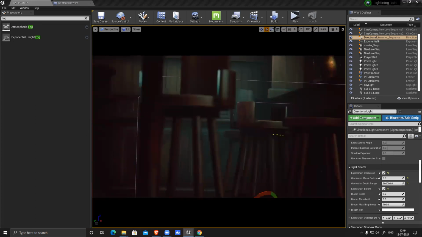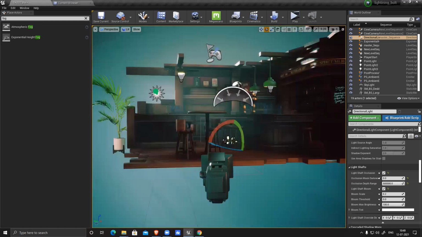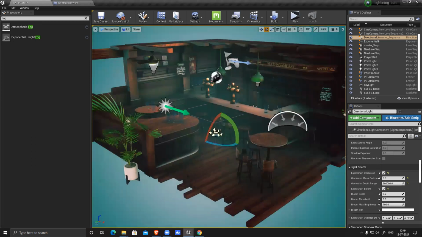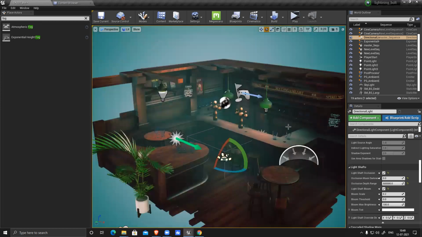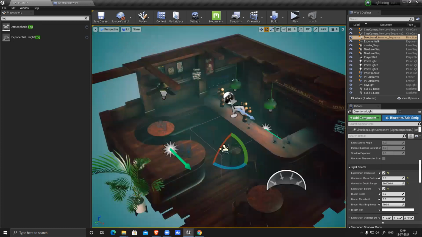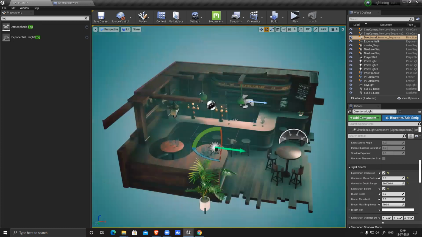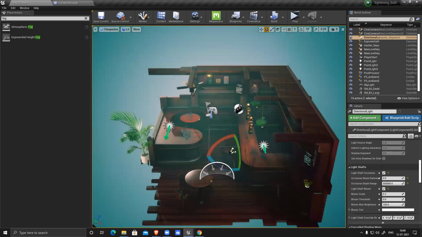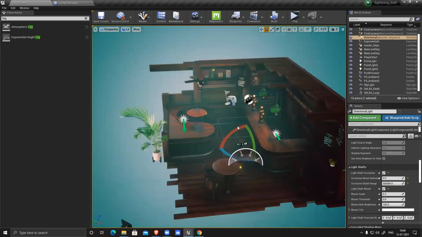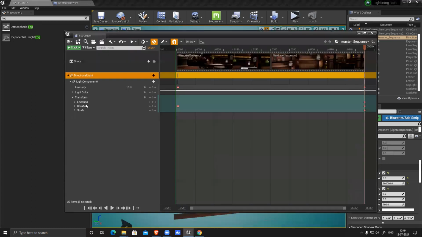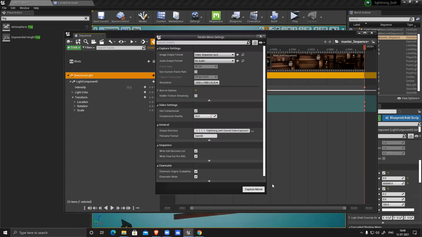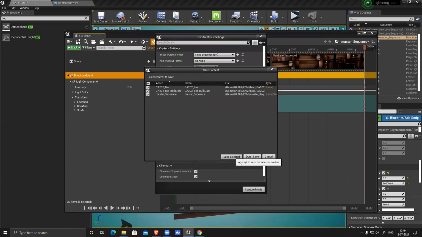Like this, I can modify things and add whatever I want to add and generate this thing nicely. And once I'm happy with the entire scene, the way lighting and everything is happening here, I'll just simply render this thing out and I'll be done.